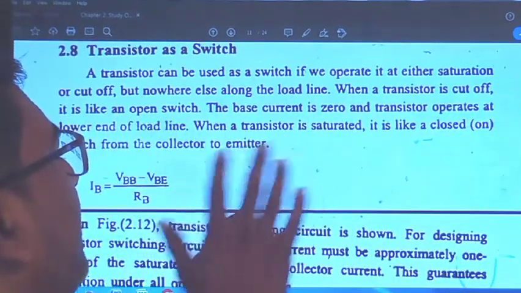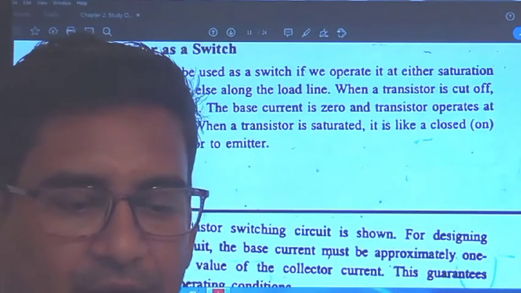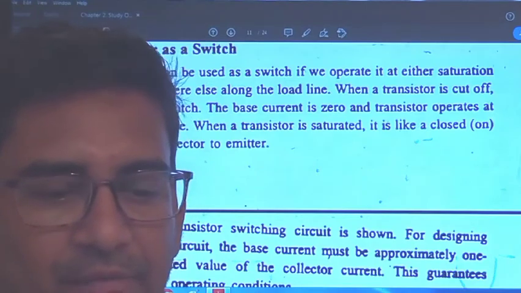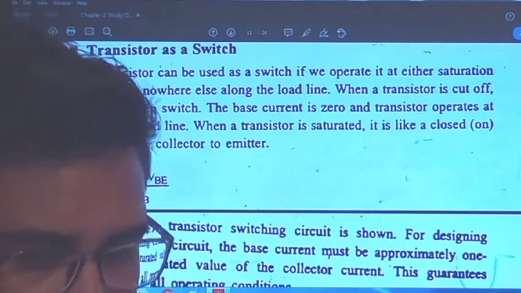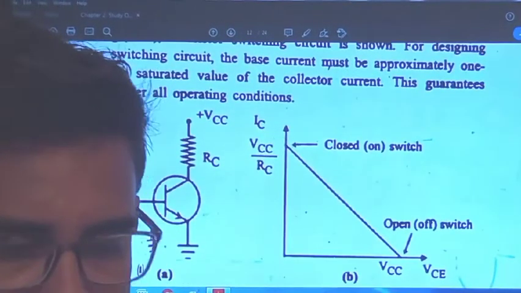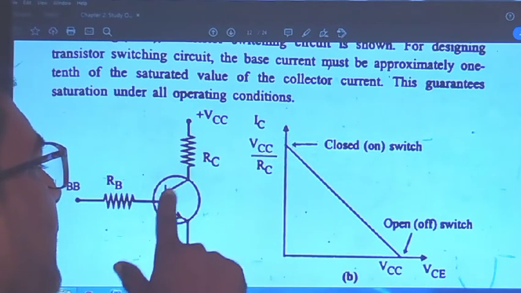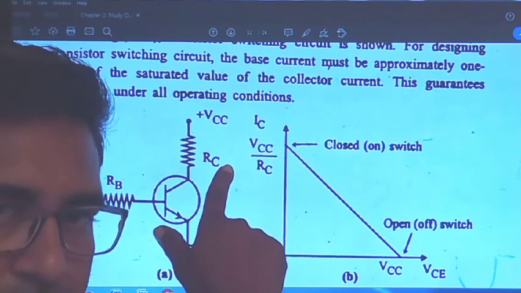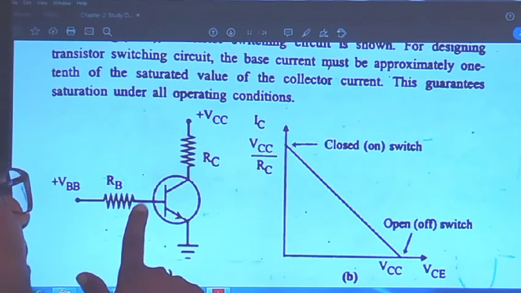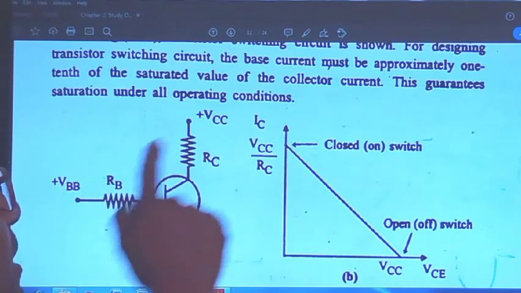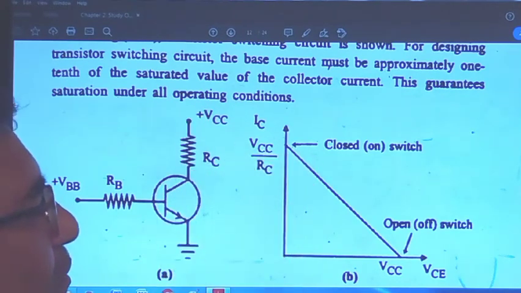For the switch from collector to emitter, you will get the IB value, and that IB value is considered in this circuit as VBB minus VBE divided by RB. VBB minus VBE divided by RB. Now consider the figure. Okay. An NPN transistor has been given to you. In the collector, the RC resistance, means the collector resistance. In the base, there is a base resistance. Here we are giving the input, that is VBB, and to the collector we are giving the voltage, that is plus VCC, and here we will obtain the value.